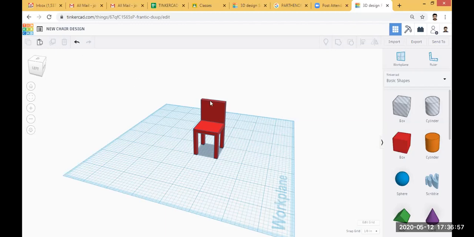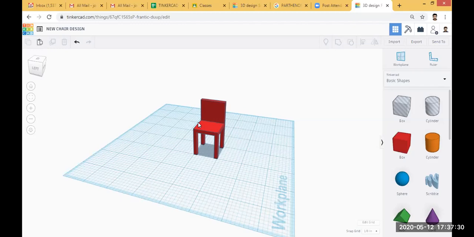Okay, so Tinkercad is a cloud-based software, and this is a web-based application. Automatically, this design is saved in your profile page. When you log in to your Tinkercad account, you can see all these designs on your first page of Tinkercad. In other software, if we do something we have to save it. So here it is automatic saving, so no need to save it.